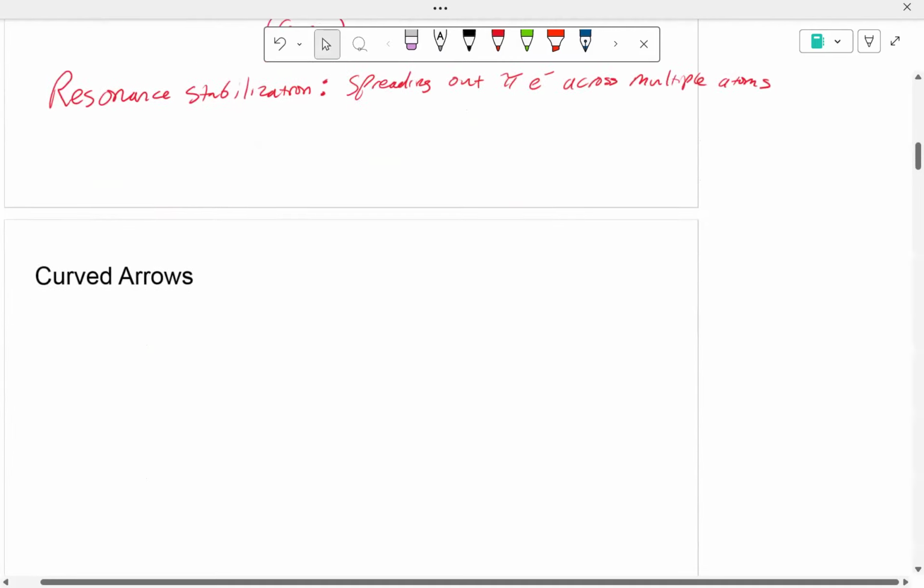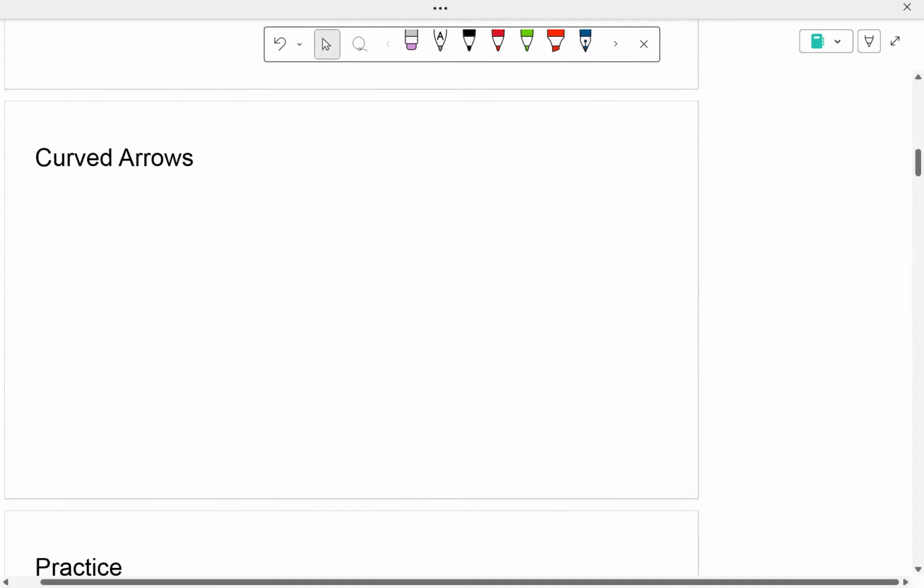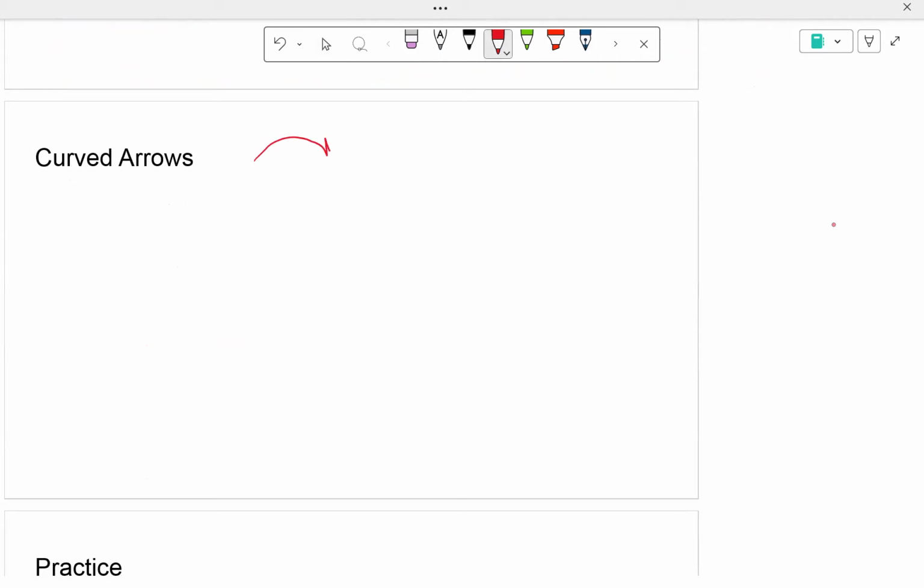Now, this is going to introduce us to a new concept of using curved arrows to show electron movement. So we'll use these curved arrows, and there's a tail, there's a head. We'll use a double or a regular arrow to represent moving two electrons. A few chapters down the road, we might use a fishhook arrow to show single electron movement, but 90% of the time we're going to be using a normal arrow. And for resonance, so I'm going to highlight this here. For resonance,